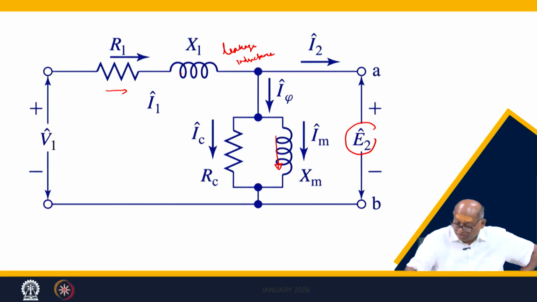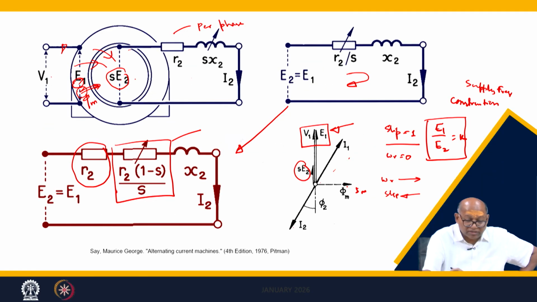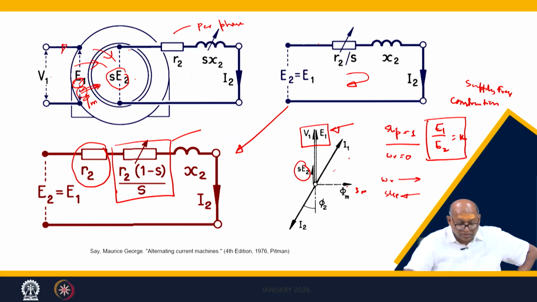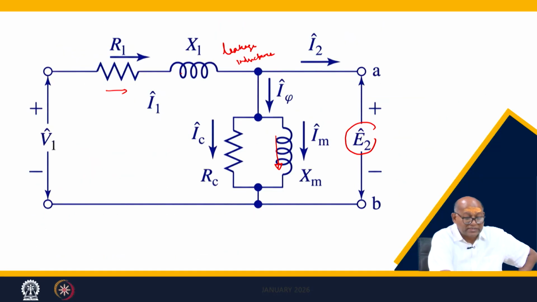That means some flux in the stator will not link to the rotor, but some will link to the rotor. So, these are all leakage paths. This leakage is taken care of by the leakage inductance, you can see here, and there is a stator resistance,